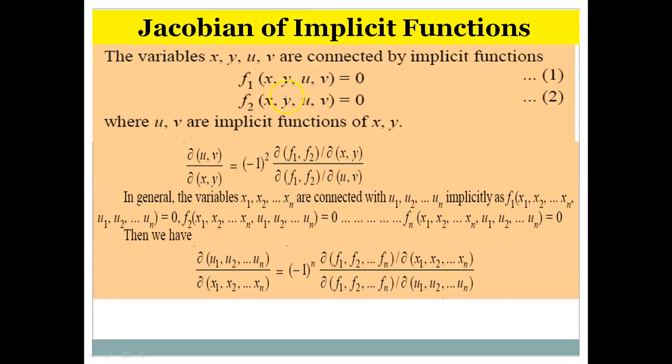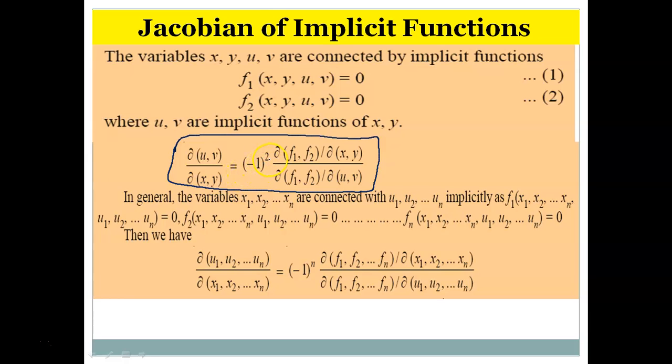Implicit means you cannot obtain the value of x and y in terms of u, v, or neither the value of u, v in terms of x, y explicitly. So this is an implicit function, and similarly this is also an implicit function. For that situation, I am directly writing the formula. The Jacobian is given by this formula: del(u, v) divided by del(x, y) is equal to minus 1 raised to